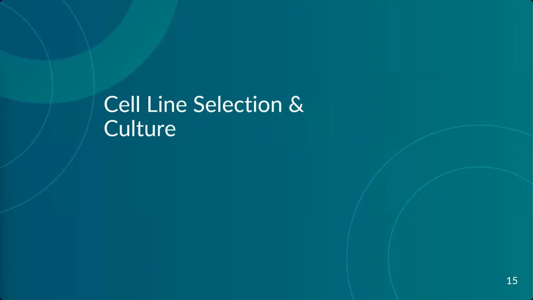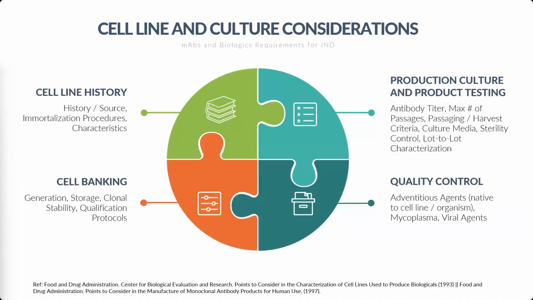So let's talk a little bit about cell line selection. We'll start that at the front. So the considerations you have to think about here that go forward are really moving into cell line, the history, and we talked about CHO cells as an example, and we'll use them as the stepping stone here. Really understanding where they came from, their genetic lineage, how they've been handled, how they've been banked,